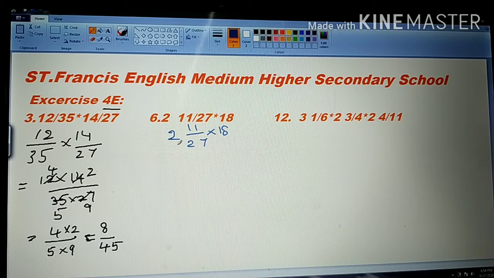What we have to do? Here we have to multiply this one, after that we have to add the numerator. Now see, 27 into 2, after that you have to add the numerator, divided by 27. So multiplication as usual into 18. Now see, 27, 2 4s are 8... 2 2s are 4, 54 plus 11 and divided by 27.